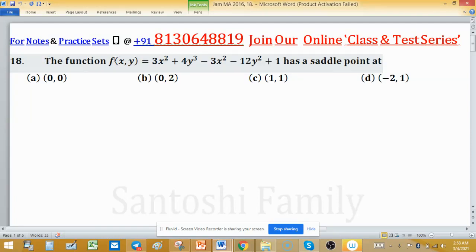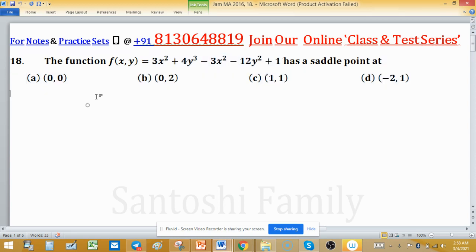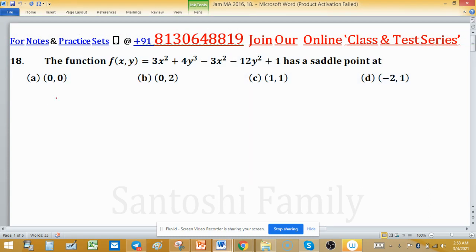The function of two variables x and y is defined by this, and it has a saddle point at among these. We need to find at which point this function is showing a saddle point. To find this, the related terms are critical point,